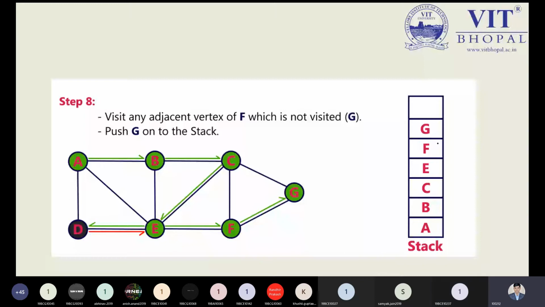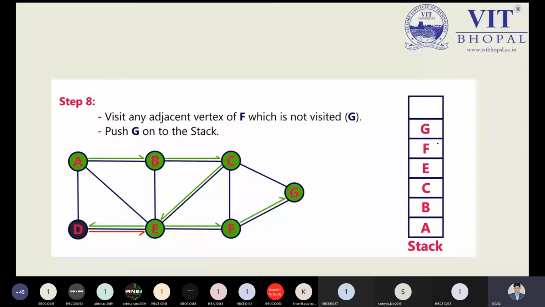Now after G, we find that C and F are already visited. Now we need to check this condition, and it is our responsibility to see whether any other node is connected from G or not. We find that C and F are connected, but F and C are already visited, so we will not go through another. We will follow backtracking, and while applying backtracking, all the nodes must be removed from the stack. And if we are removing all the nodes, we are following the pop operation from the stack.